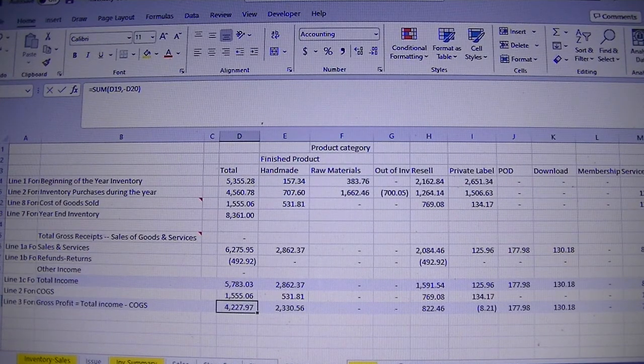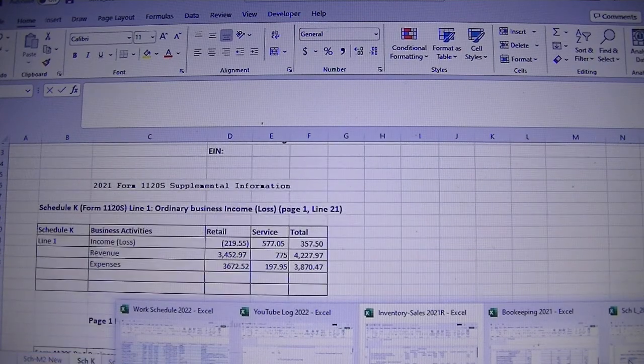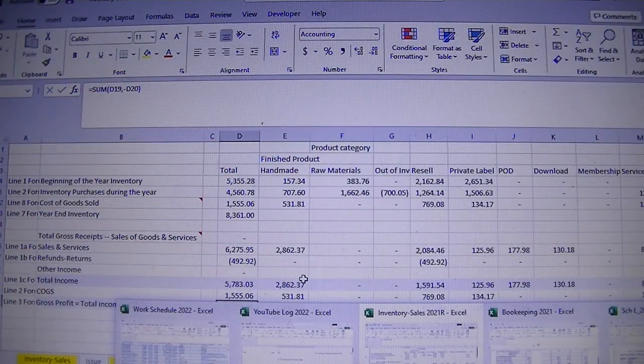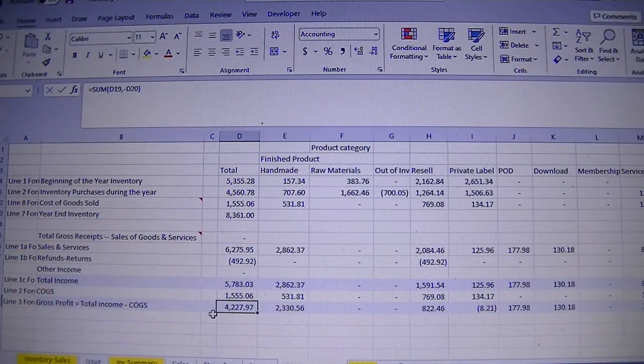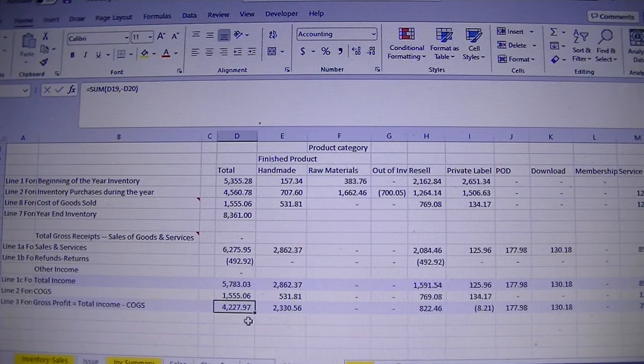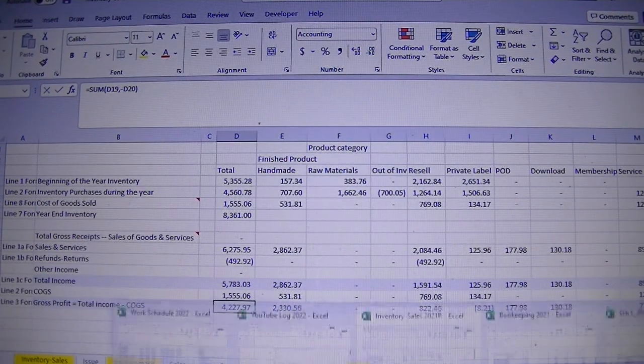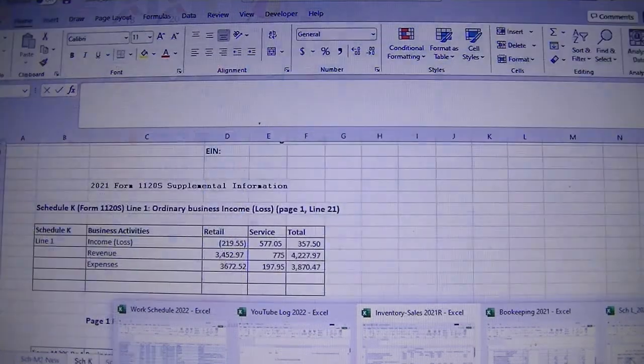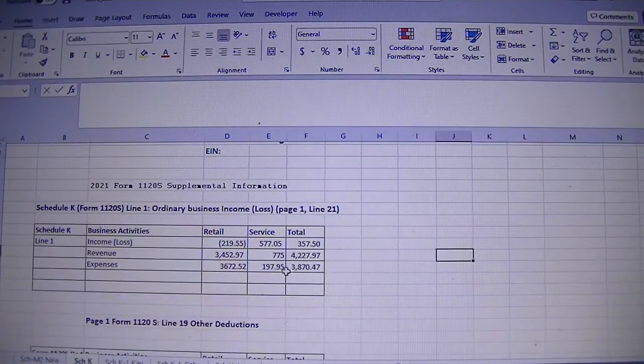Let's go back again. The revenue, but we just went with the gross profit instead of mentioning all those details. We just went with the gross profits after taking the refund and the cost of goods sold out of it. And the expenses